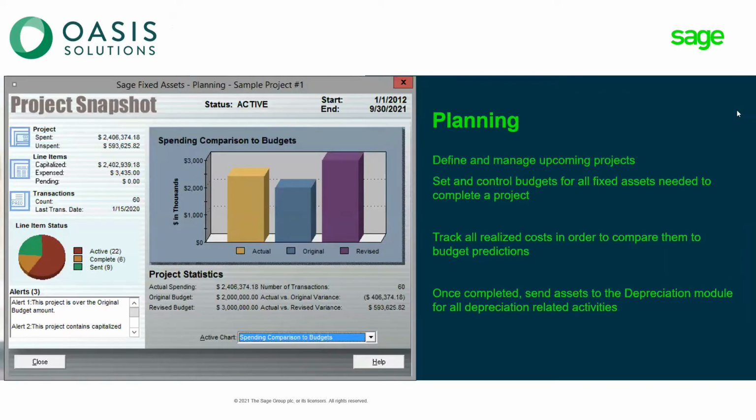Now let's take a look at some of the components of the Sage Fixed Asset solution. Now, the planning module, this will handle all of the roll-up costs associated with projects or CIP. So in other words, before they become fixed assets. Certainly every organization does not have a need for this. Some of you may simply be buying new assets through your AP system, for example, in Sage 100 and place them directly in service. This particular module would be for people that may have some type of manufacturing environment, or